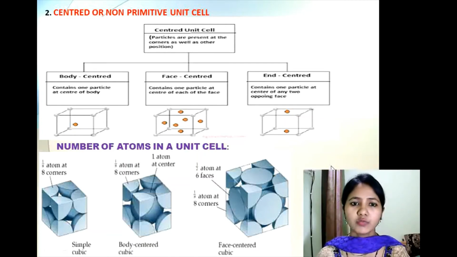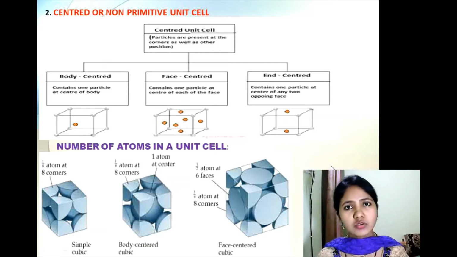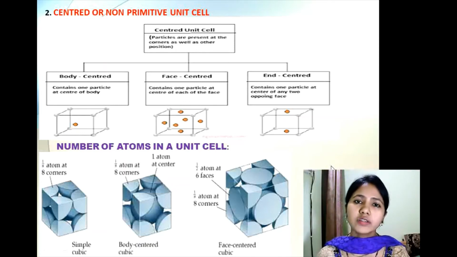See, different types of centered unit cell: body centered, face centered and end centered. It's given here. Now, body centered is the one in which the particles are present at the corners as well as in the body or the center of the unit cell. Okay, so in the center of the body, see in the picture it is given here, a simple unit cell in which the particles are present at the corners as well as one particle is present at the center of